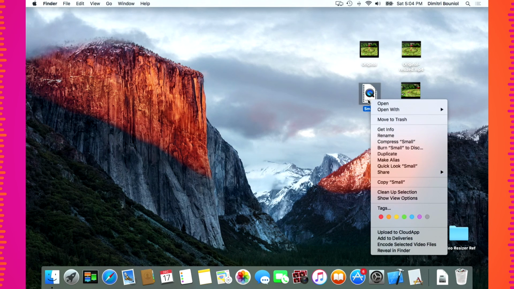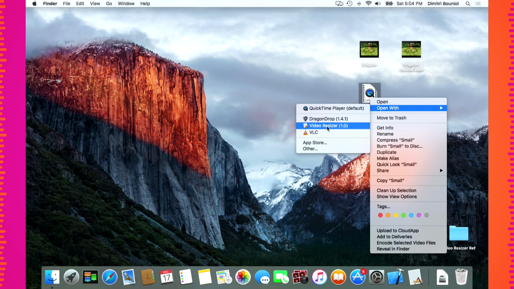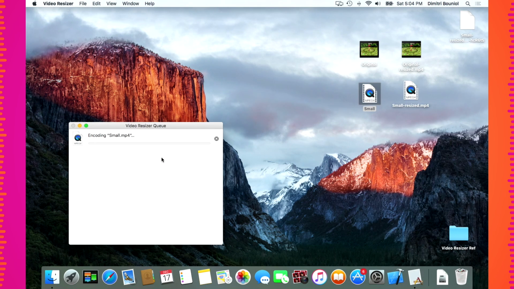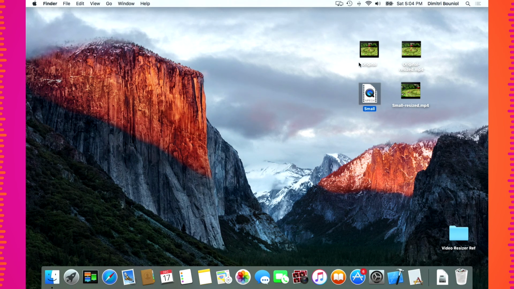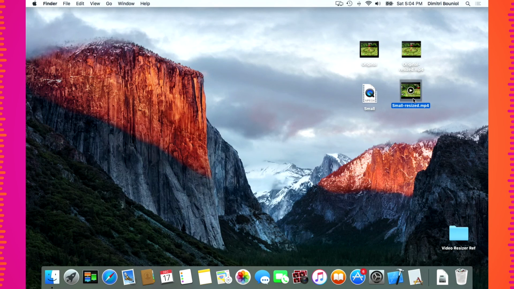And basically what's going to happen is if we did not have this, we can right click on this, open with the video resizer app, and it will show a little video resizer queue, kind of like Archiver does when you double click a zip or any sort of archive, and it will re-encode it such that it has a better framing to it. So that's what we're going to be creating today, and I hope you enjoy watching us